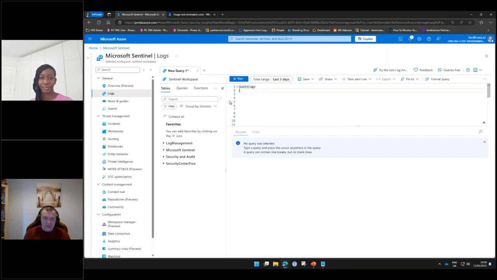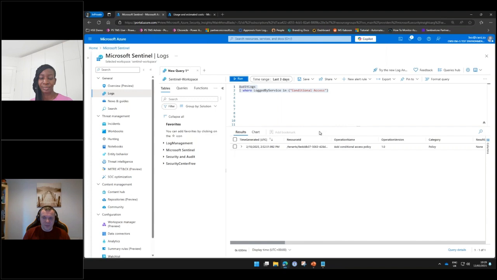But one of the things we will do is we'll look at an audit log, and we're going to look to search for conditional access changes. So as you know, as we talked about, identity is very important, and conditional access is a great tool for locking down your tenants. And changes to any conditional access policies should be monitored, probably reviewed by change control, and make sure that they're legitimate changes. So I'm going to search my audit log, and I'm going to say, hey, where the service that's currently logging it is conditional access. So I can see, yes, I have data returned, and in this case, the data returned